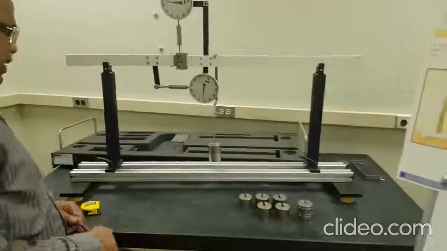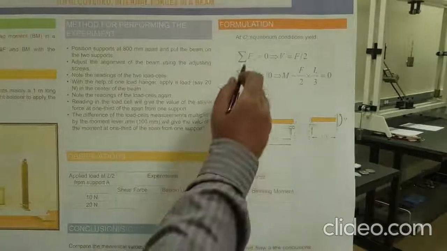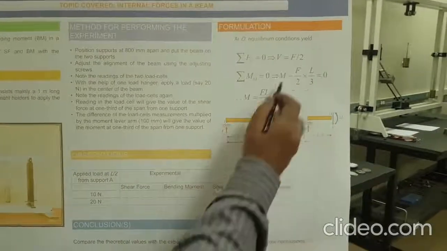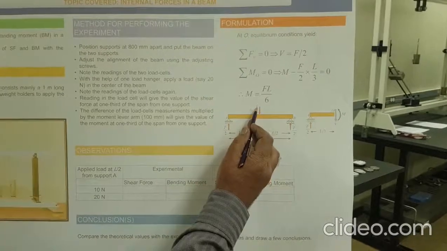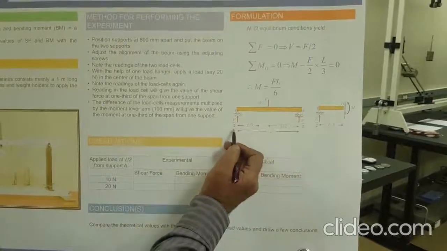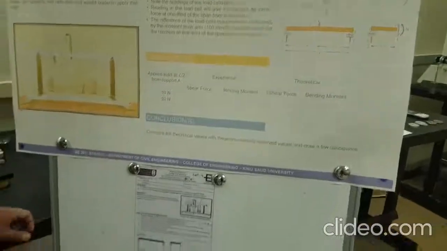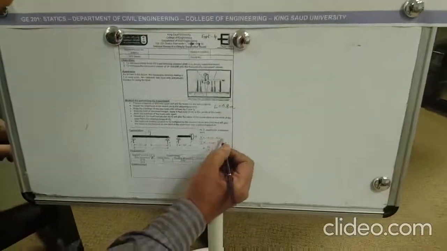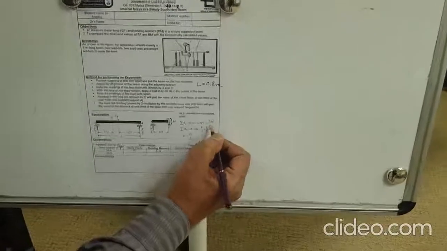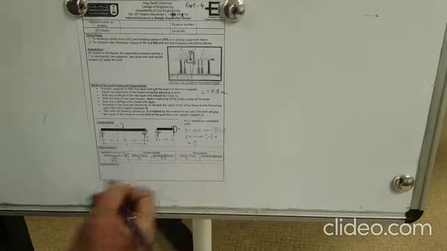Okay. Now theoretically, we are going to find out this way. Theoretically, by using the equilibrium conditions, sigma Fy equal to 0, then our V equals F over 2. If the force is F here, half will be taken by this and half will be taken by this, that is F over 2. So V equals F over 2, you have to write anywhere on the sheet, like V equals F over 2, that means 10 over 2, that will be 5. So theoretically shear force is 5, we found out.